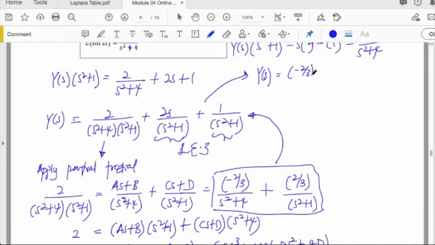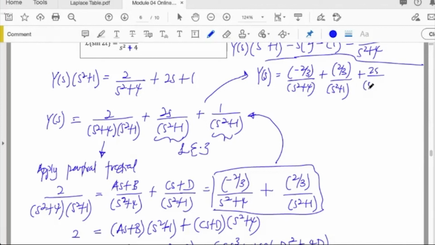negative 2 over 3 times s squared plus 4, plus 2 over 3 times s squared plus 1, plus 2s over s squared plus 1, plus 1 over s squared plus 1. Okay, so now apply inverse Laplace transforms on Y(s). These ones will give you,